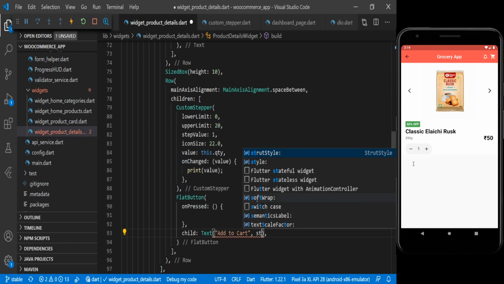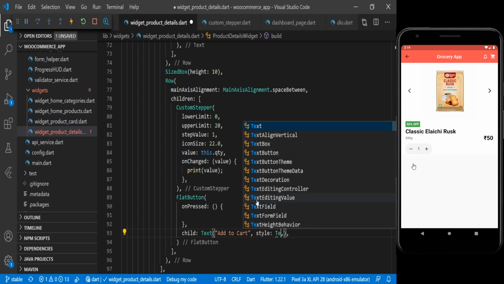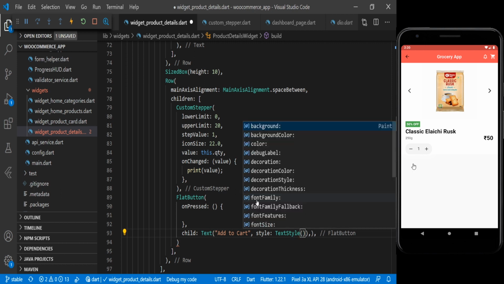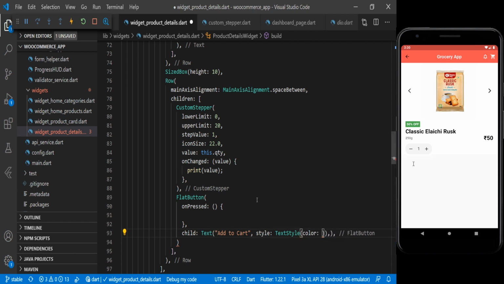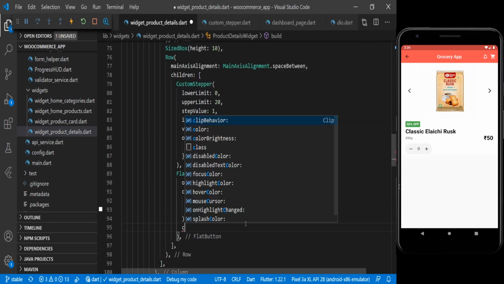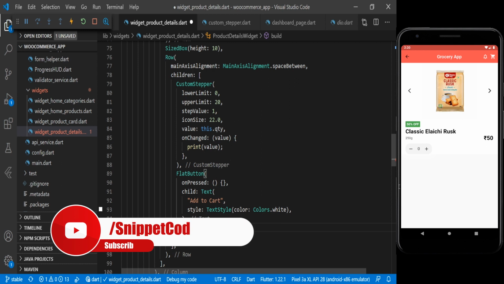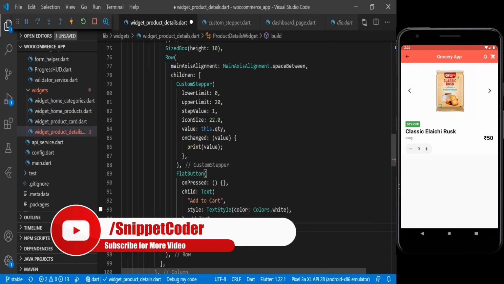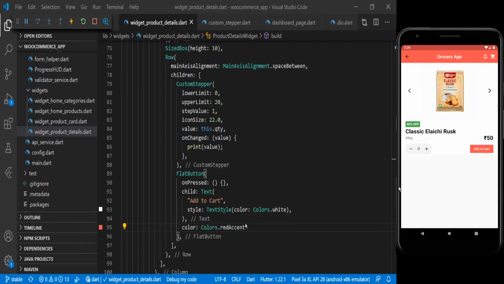Then we will have style, and for the style we are using text style, and here we will have color, and for the color we are using white. For the color of the button we are using colors dot red accent. Now you can see the add to cart button is coming here.